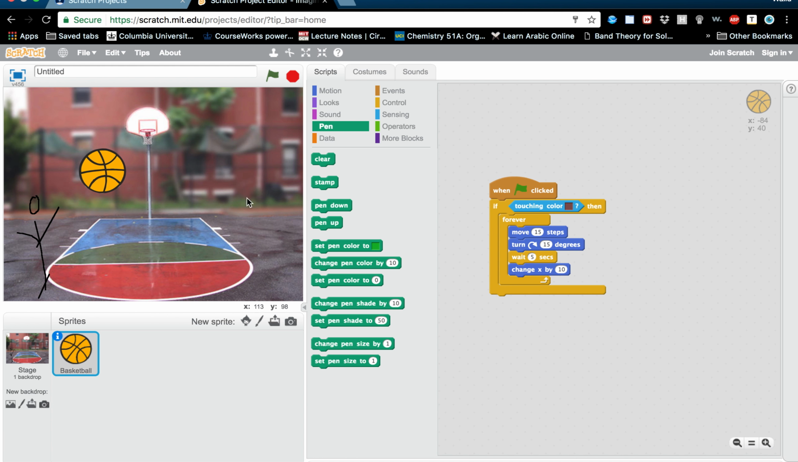Pen is with regards to coloring things, but that's not something that's used very often. But basically, for projects in which the student can